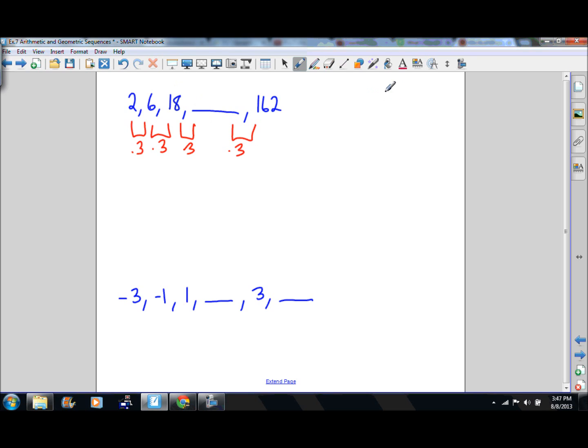So that means I have to do 18 times 3, which is 54. Now, to make sure I did it correctly, I should multiply by 3 again to make sure I get 162, which I do. So that one is 54. Now, that's a geometric sequence. Arithmetic is usually a lot easier. So going from here,